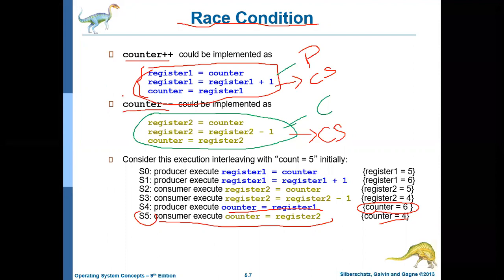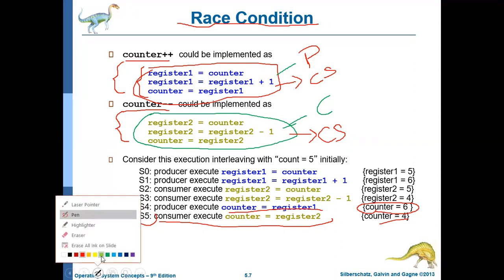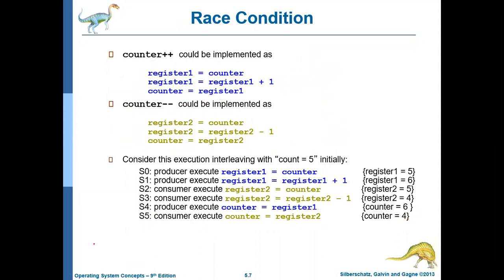If one process is executing its critical section, then the other process should not be allowed to execute its critical section, to ensure consistency. That is what we are going to discuss next. If process P1 is executing its critical section, then no other process should execute its critical section. By ensuring this condition, data consistency can be maintained. That is what we'll be discussing in this lecture.